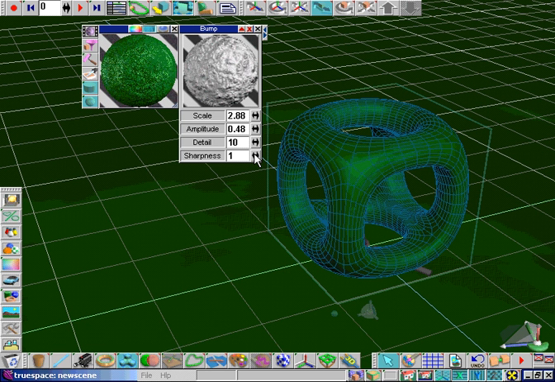The scale setting is the same. Increasing the scale makes the pattern dots much bigger, and decreasing the scale makes the bump pattern much smaller. Amplitude controls how high the bumps seem, so you make the bumps stick out more, or make the bumps stick out less. The detail setting over here controls the overall complexity of the surface, and also how much the bump